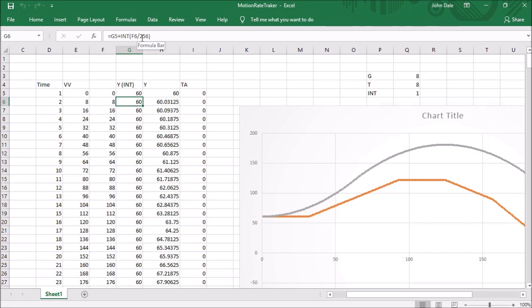So that's why it's divided by 256, because we were only adding the whole numbers together. So it would have been 0 plus 60, which is equal to 60. What we really need it to do is to work out the fraction. And the reason why that is, the orange line is what we